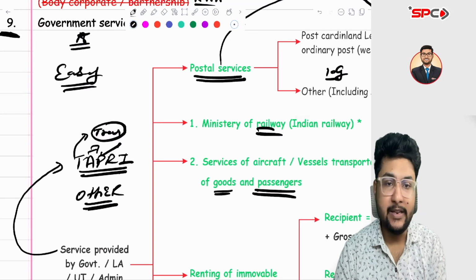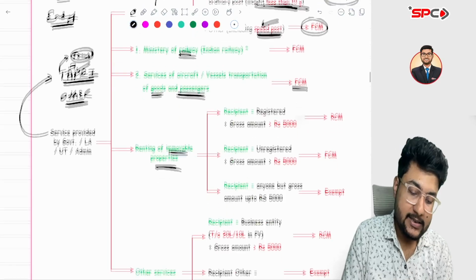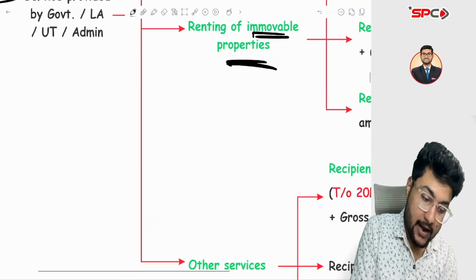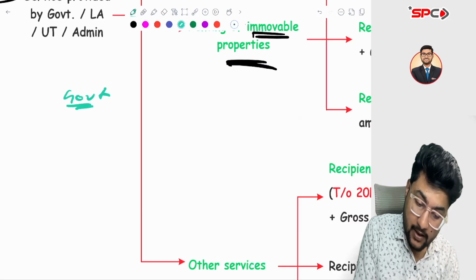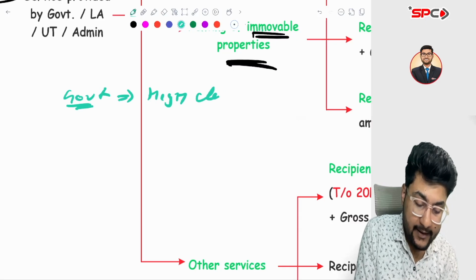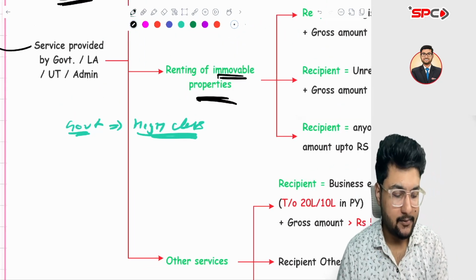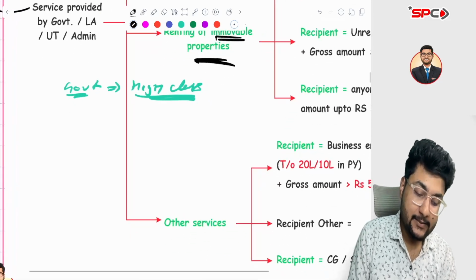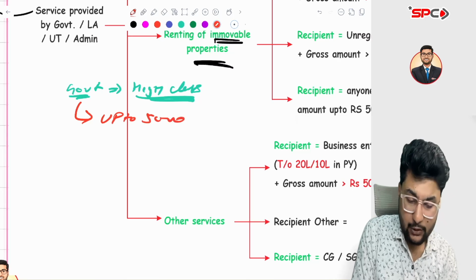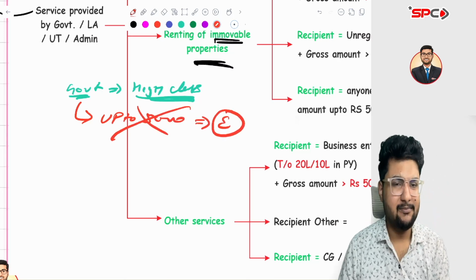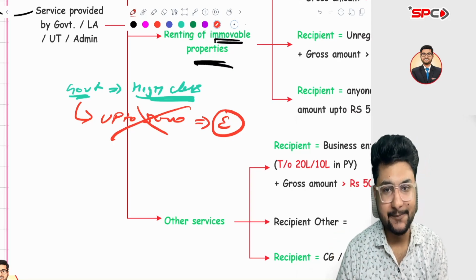TAPR, now I means immovable property. You are giving property, an immovable property. What I have mentioned earlier, sir, is that the central government is a very high class person, and a high class person focuses on high money, right? So what they said is, please don't waste our time, transactions up to 5,000, please don't come to us. It is already exempt because we are very rich. 5,000 is nothing in front of us, sir.